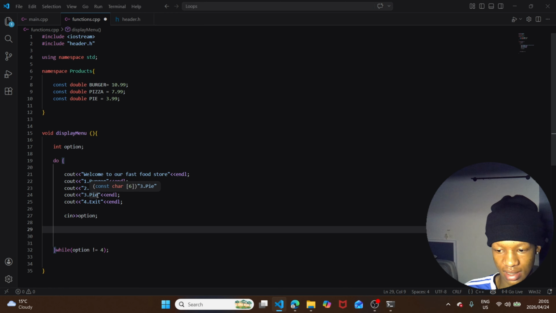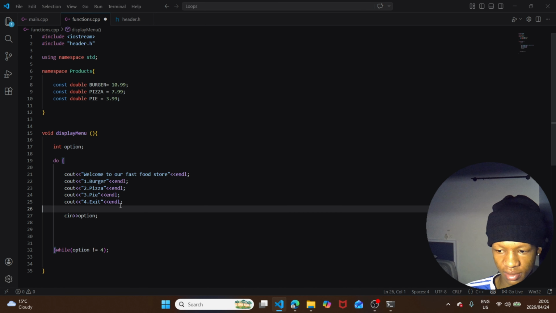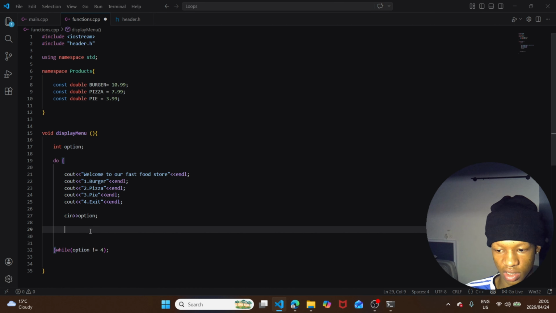What I'm going to do is use a switch, so that for each value that was entered, we can have a specific calculation. If it was burger that was entered, we can increase the total value by the burger price. So let's go ahead and do that. We're going to create a switch. Remember, in this case we are allowed to use switches because of the data type that we want to compare. A switch can only compare integer, boolean, or char. So we can go ahead and compare